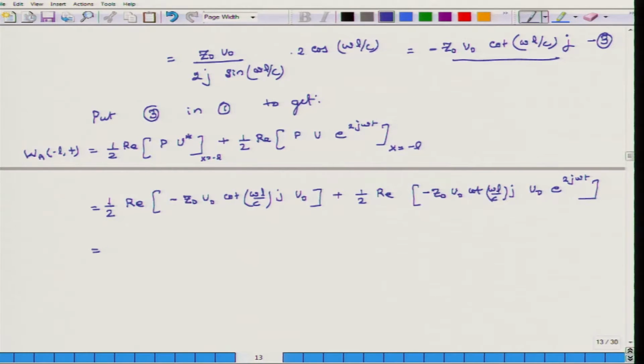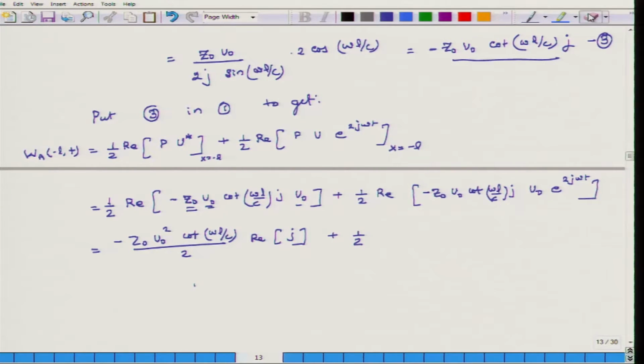So, this is equal to minus Z naught u naught square cotangent omega L over C by 2 real of j, because Z naught is positive, Z naught equals rho naught C, u naught is positive, we know it. So, everything comes out real of j plus half of,